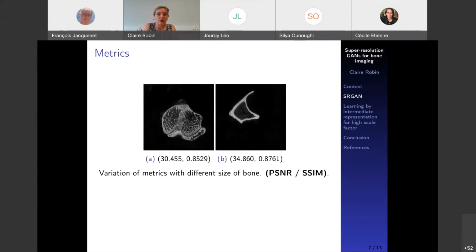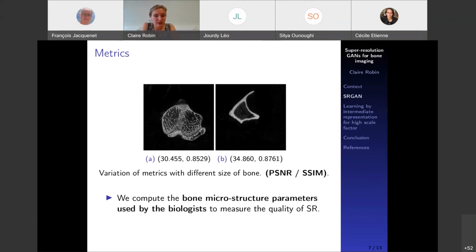But for medical imaging, we have a lot of black regions, so these metrics are highly biased by the black pixel regions. That's the first problem, and the second problem is that PSNR and SSIM try to measure how good a picture looks, but for medical imaging that is not really what we want. So we also need to answer the question of how much the super resolution improves the reconstruction of the bone microstructure. To do that, we use